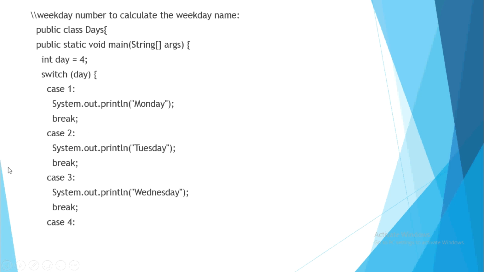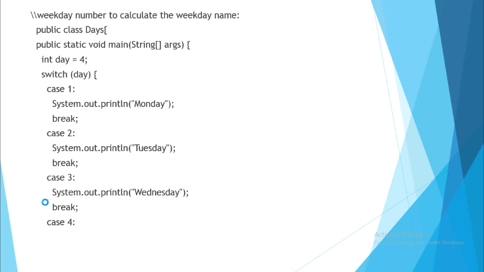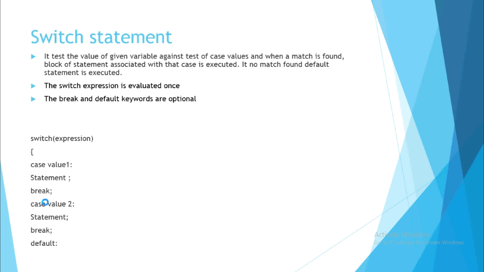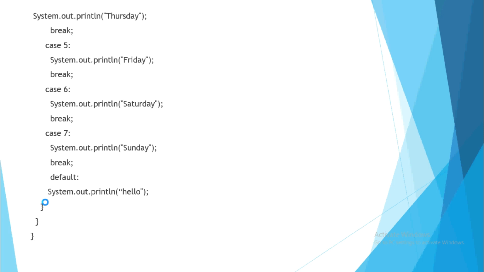No, so it will come to case 3. Now 3 is matching with the day equal to 4? No, so it will go to case 4. Now case 4, that 4 value, the case value, is the value that we are initializing. So that 4 will match with the 4, and